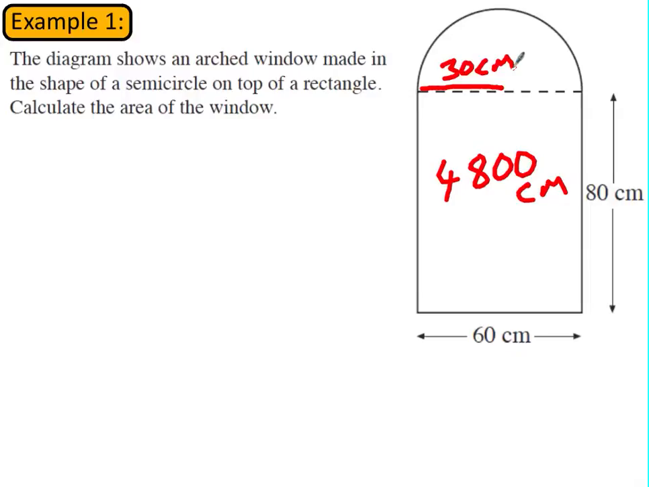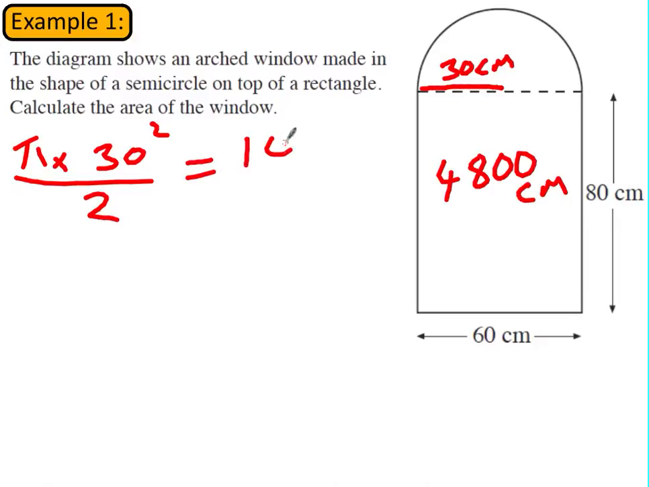Okay, so if we're going to do this, we're going to do pi r squared to work out the area of the whole circle. So 30 squared multiplied by pi. And what we're going to do after that is divide that answer by 2, because we don't want the whole circle, we only want half of that circle. So here we go. Pi times 30 squared divided by 2 gives us an answer of 1,413.7 centimetres squared. Okay, adding the two values together, so adding 4,800 to that